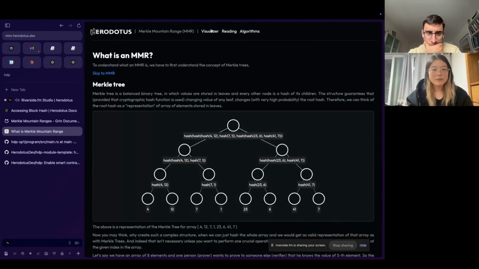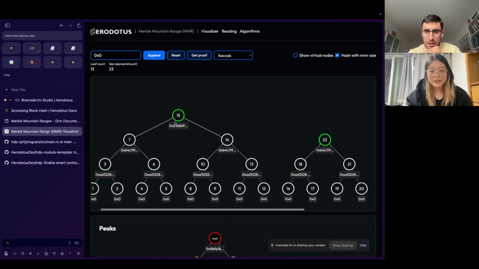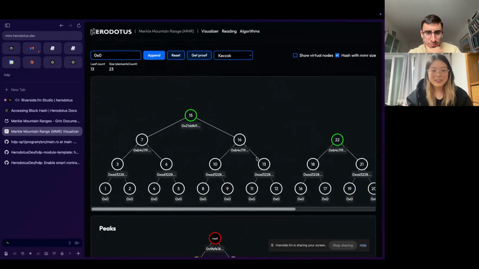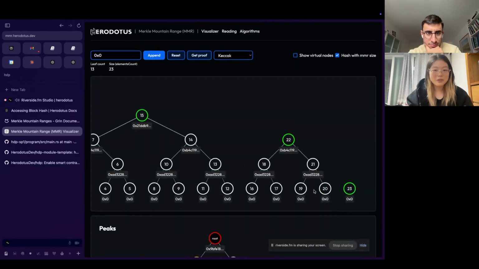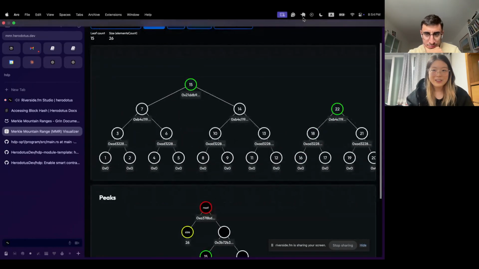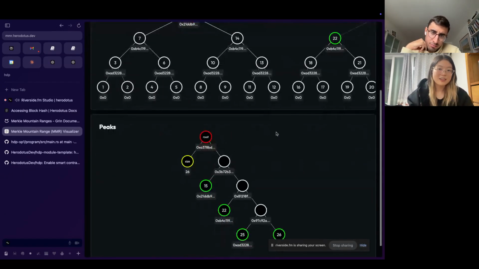Yeah, and there's also a visualizer. Maybe this can help. Oh, nice. Yeah, so like what I mentioned, normally this is a Merkle tree, but actually if you see the virtual node, we treat this as one single mountain, not a tree, so